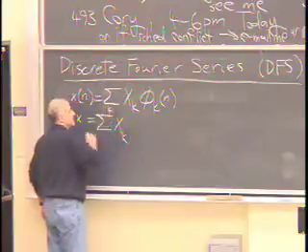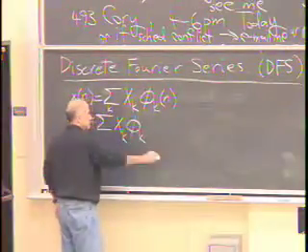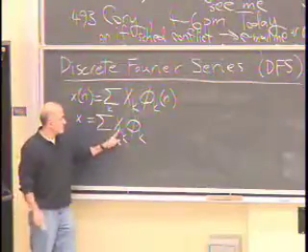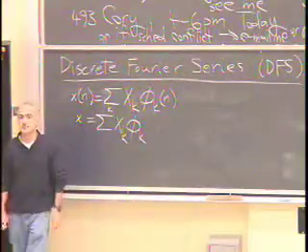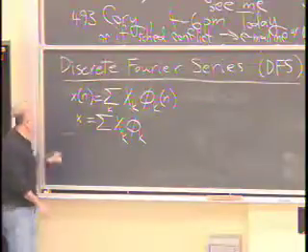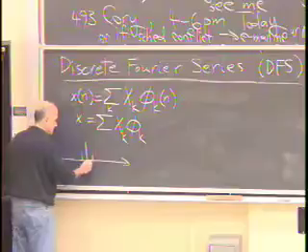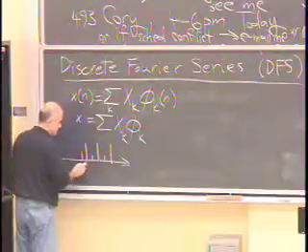This index is k. X being a linear combination of a bunch of vectors, where x, if you look at a periodic signal, let's say 1, 2, 1, 2, 1, 2,